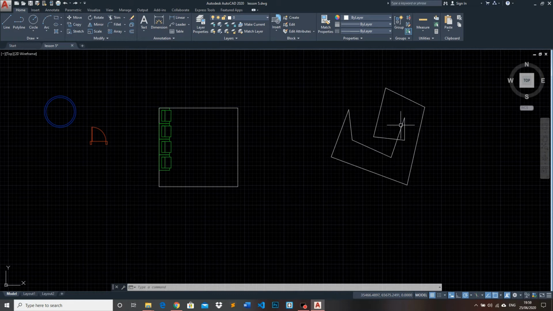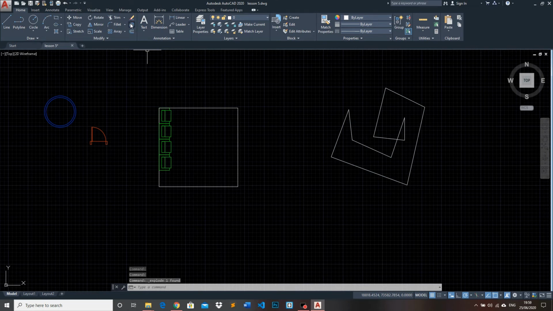I want to just delete those two lines, but I created it as a polyline, not line. If you create a line like that, and you want to delete this one, you can delete directly, that's it. However, here I cannot select that line. So in order to do that, I will say explode,